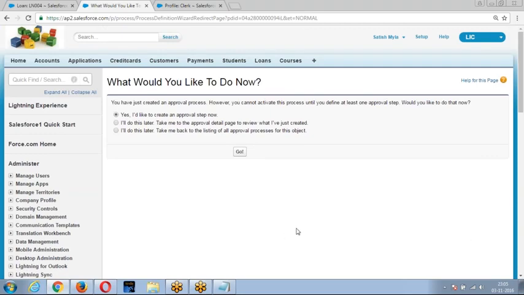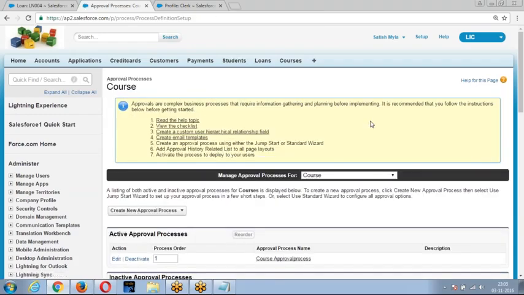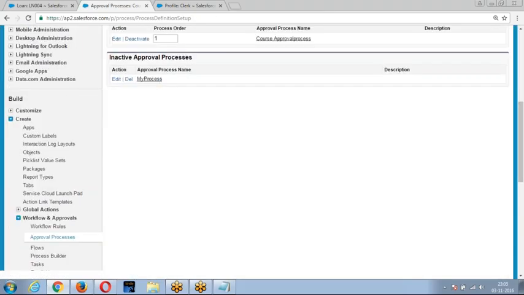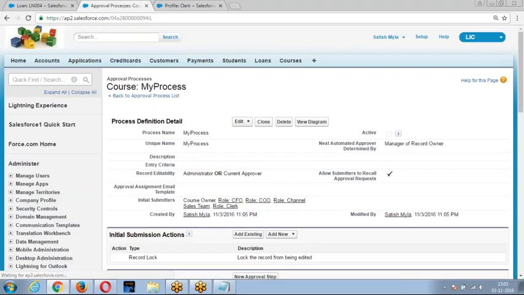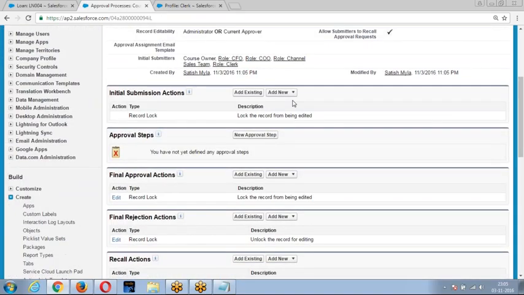When you want to create an approval process, go to approvals. Then there is the initial submission action. When the record is submitted, what are the actions you want me to perform? Then approval steps.